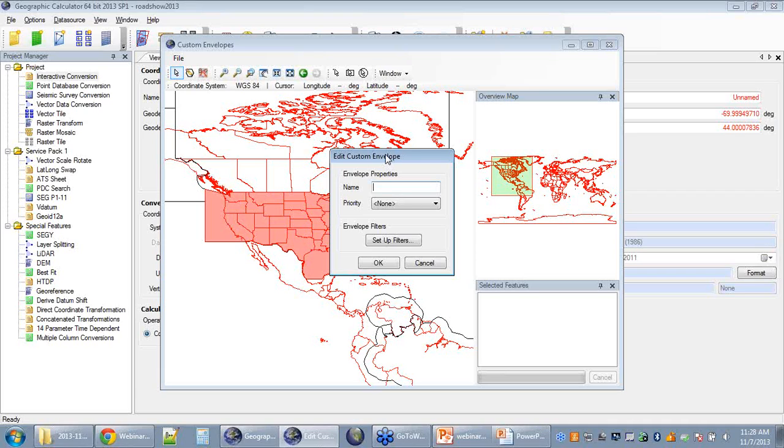So this is one that's out of the box. In just a second, we'll come back and take a look at adding your own in here. We can name those envelopes. So if I wanted to just give that a simple name for reference, I might name this one CONUS for